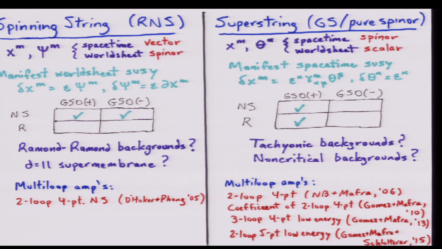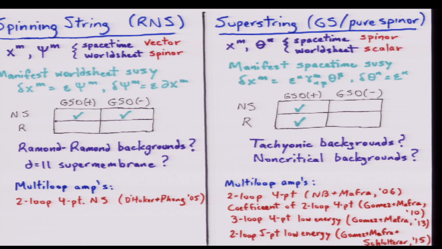So in the superstring, of course, there are other backgrounds that are more difficult to describe. We know how to have manifest space-time supersymmetry in the GSO plus sector. So that's perfect if we want to describe supergravity. But if we want to describe, for example, tachyonic backgrounds, it's much more complicated in the superstring. So in some sense, it's the analog of the Ramond states in the spinning string. And we still only know how to describe really backgrounds which are backgrounds of 10-dimensional supergravity. We don't know how to describe, for example, non-critical backgrounds in this theory. So although these two theories are supposed to be equivalent, we really only know how to describe them in an equivalent way in the Neveu-Schwarz GSO plus sector.